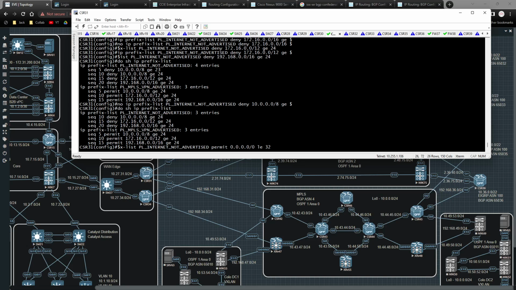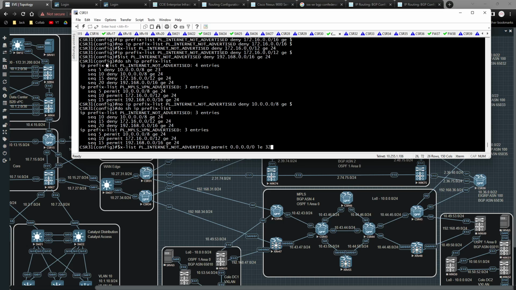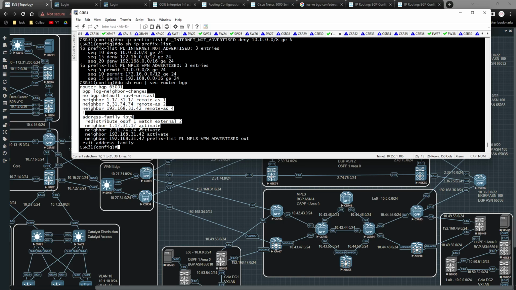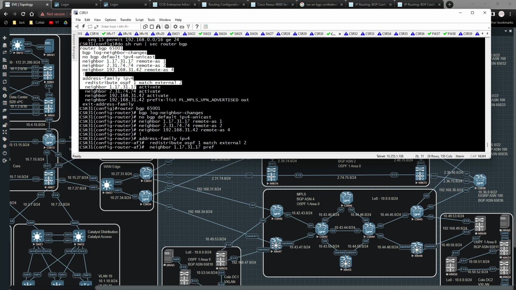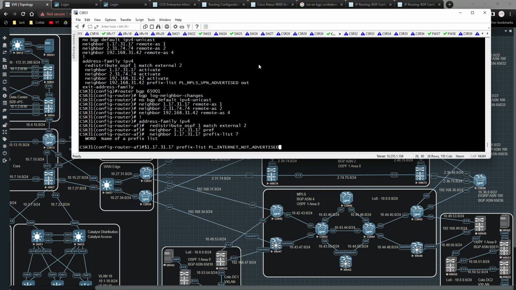That should allow, actually no, because that's being advertised outbound. So I'm not doing any network statements on this side. So that should be fine. So I don't actually need this. So if I do show run pipe section router BGP, and then I go to here, I type in prefix list, and I call internet not advertised, and I say outbound,